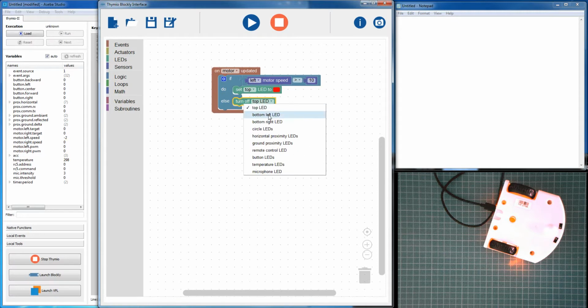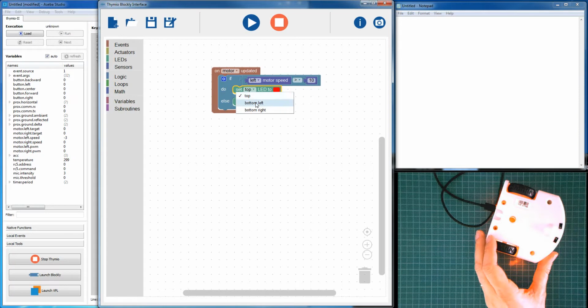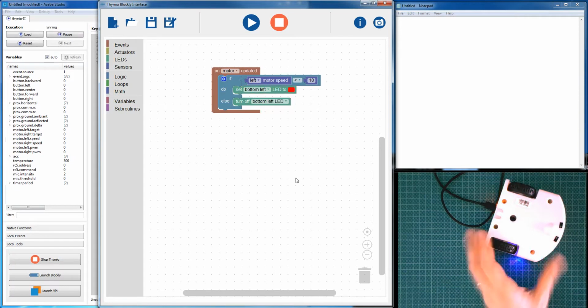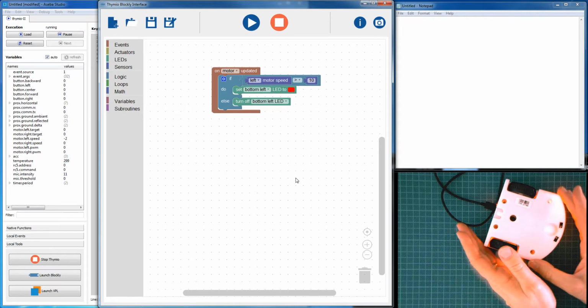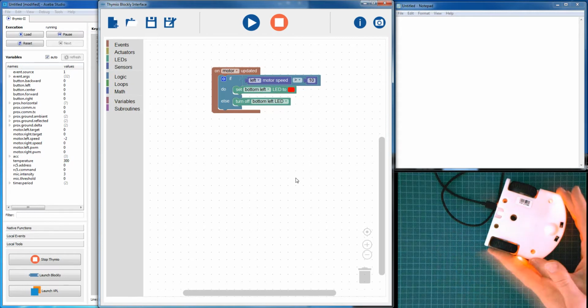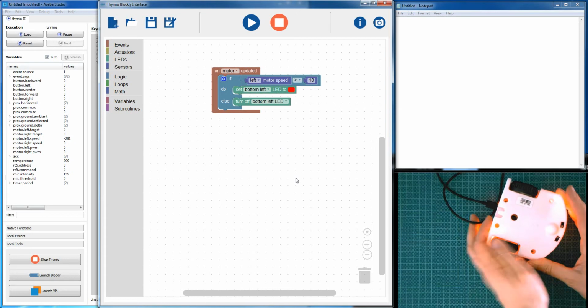bottom. Oh, I had that as top, sorry. Okay, bottom left. Let's do that. Sorry, I should have had that. There's the bottom left. That's why it didn't show very well. There we are. Let's run that now. So nothing's happening in terms of my wheel turning. Again, if I make the buggy go backwards, nothing changes. But if I go forwards,